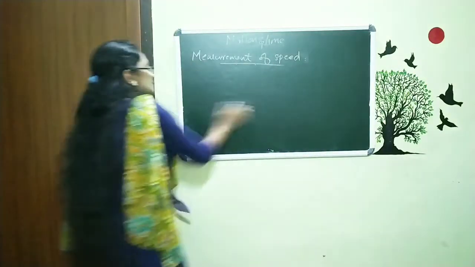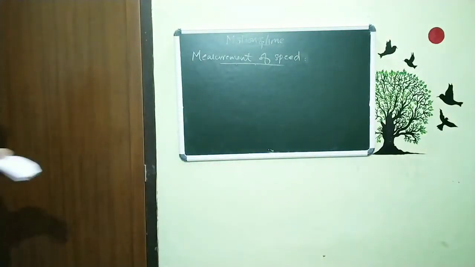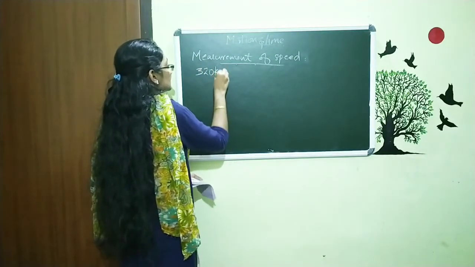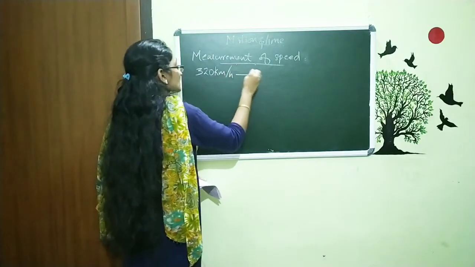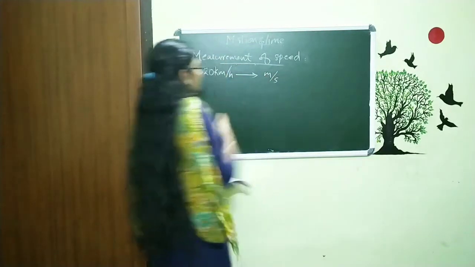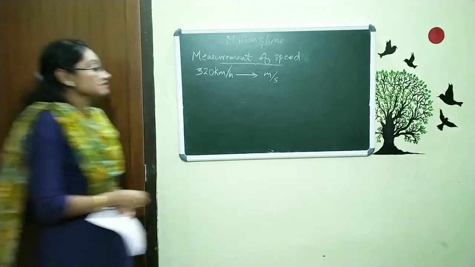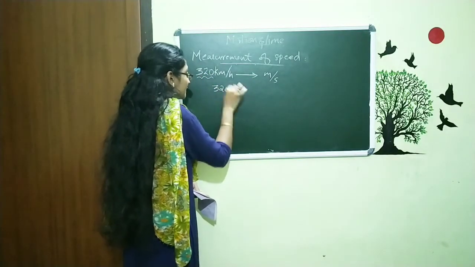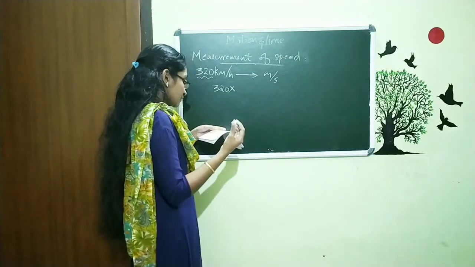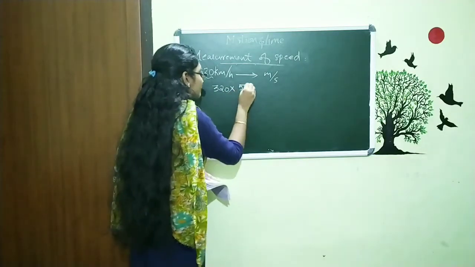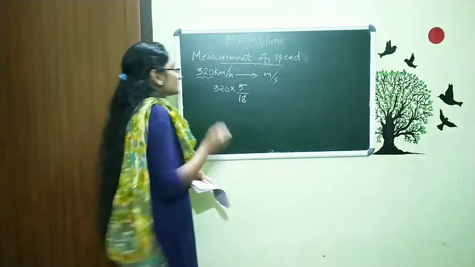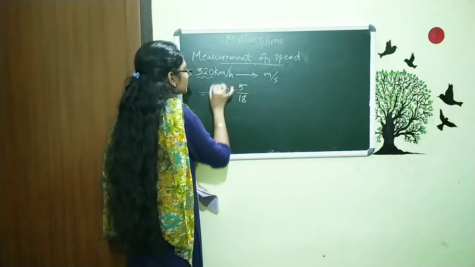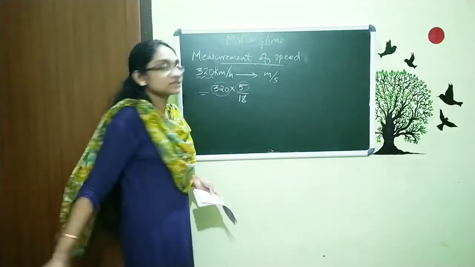Another example is this. We want to convert 320 kilometer per hour to meter per second. How can we convert this? We take this value 320 and write 320 into what we want to multiply. We want to multiply it by 5 by 18. This is the conversion. So you multiply 320 with 5 and then divide the quantity by